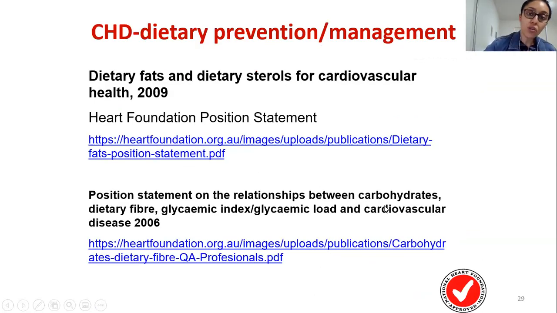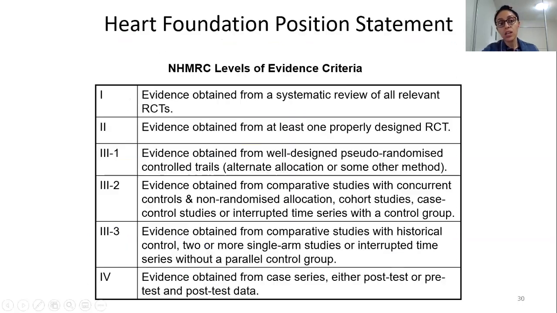Now guys, we'll go through the dietary prevention and management guidelines. It is management if an individual is at risk of coronary heart disease or already has coronary heart disease, and prevention is when you are advocating lifestyle strategies for chronic conditions such as coronary heart disease. The guidelines talk about the level of evidence.